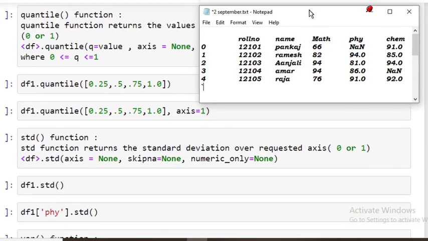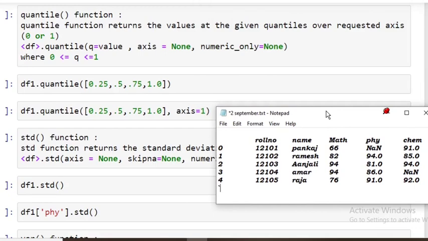Quantile. The quantile function returns the values at the given quantiles over requested axis, either 0 or 1, and its syntax is df.quantile(q=value, axis=None, numeric_only=None), where q lies between 0 and 1. See the example,